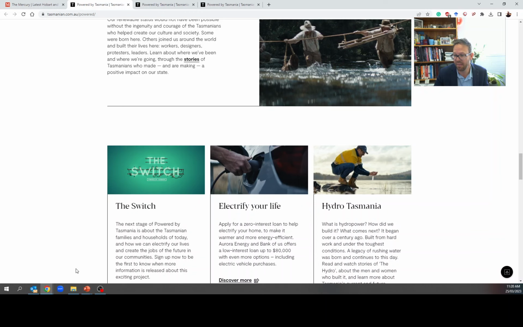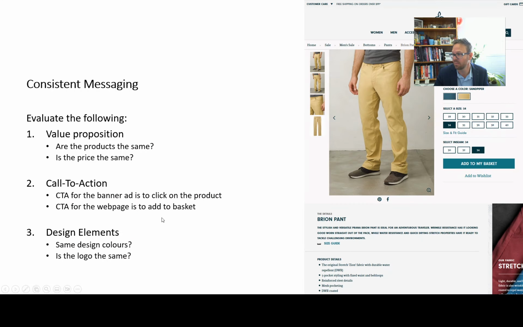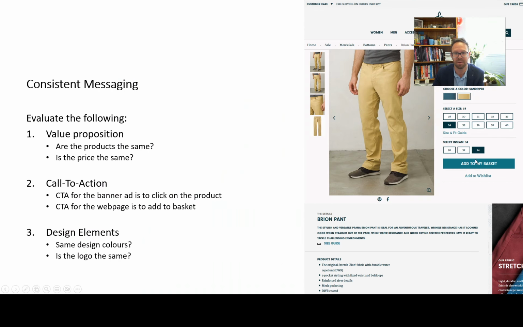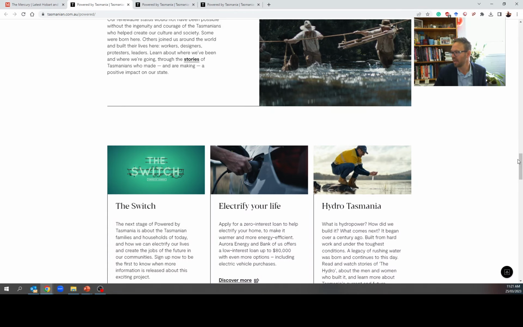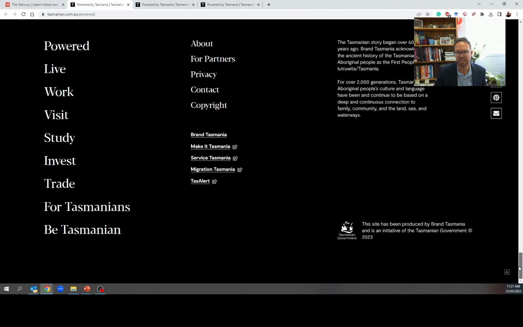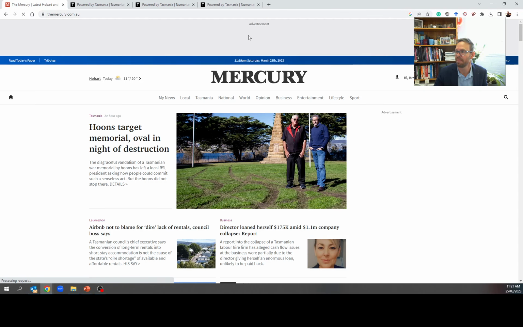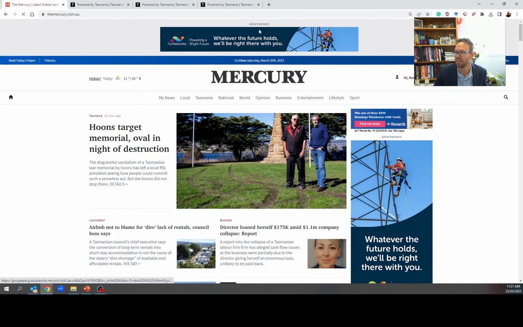If I scroll down, it could be the call to action is they want us to read the website. But compare that with the pants one here, where the call to action was click on the ad, and then add to my basket. Admittedly, these are traditional consumer websites, so for us, analysing them is quite simple. I think they've done quite well, whereas if I were to analyse the digital marketing for this website, I'd definitely be asking, what's the call to action and is it clear? Should we be making it clearer? And does it relate back to the original banner ad that we had of that girl in a brown jacket?